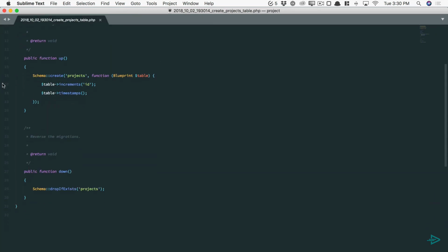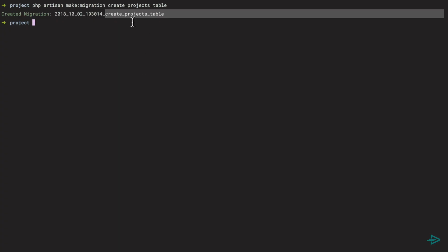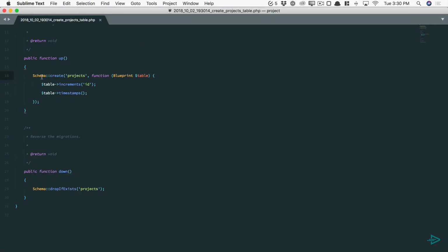Okay, so notice Schema::create. This is describing that we want to create a new table. Now, often you will want to update an existing table. In those cases, you would do Schema::table, and you'll get that by default if Laravel does not find this keyword here. It's a bit of a shortcut. It found that string and it's thinking, okay, you probably want to generate a new table,